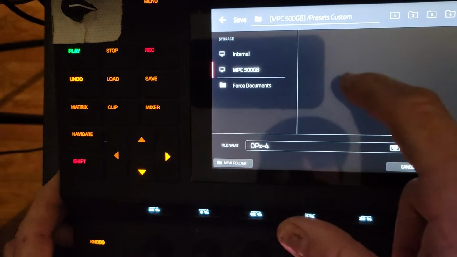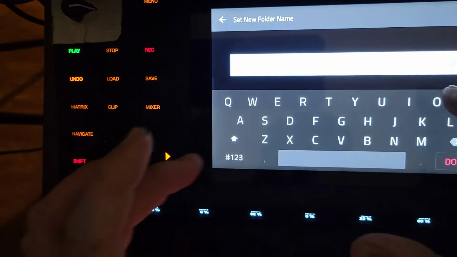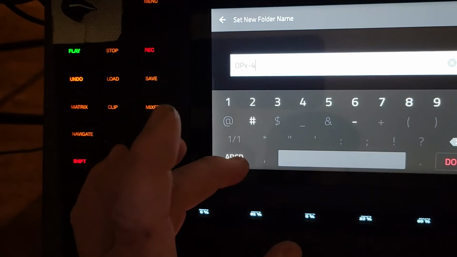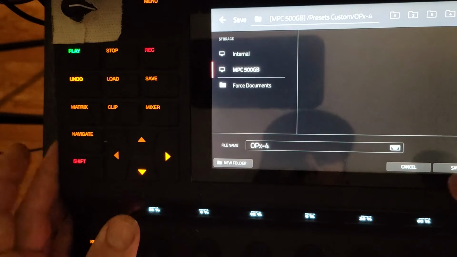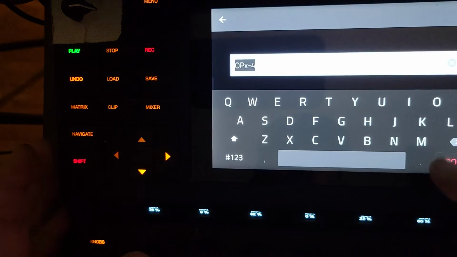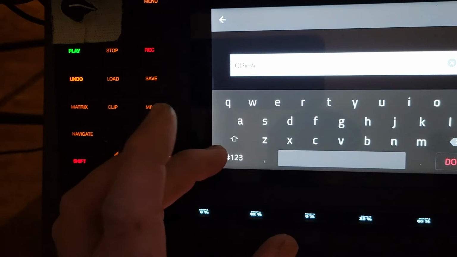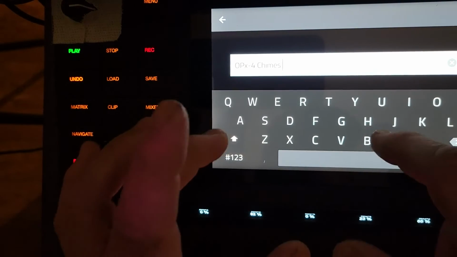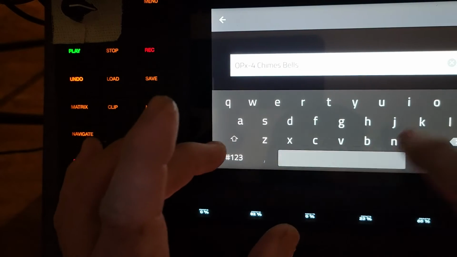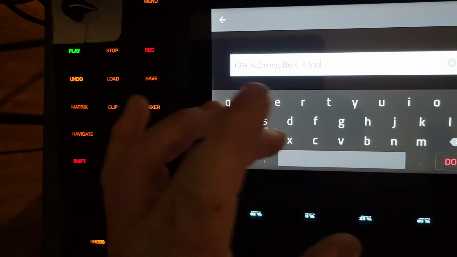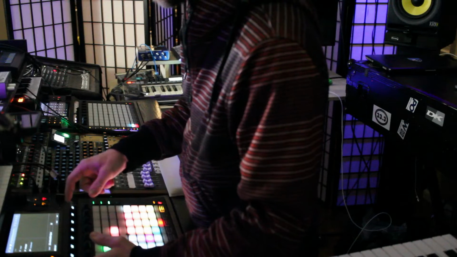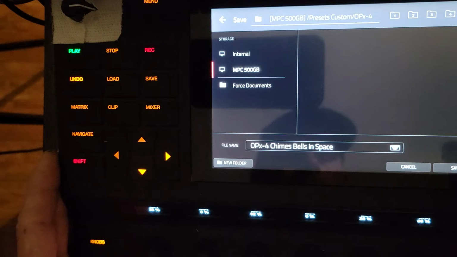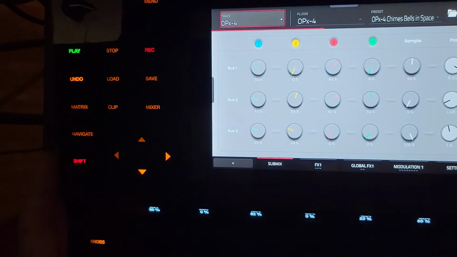Now, new folder and OPX-4 lowercase x dash 4. Do it for the folder and just leave that in as part of the lead in. I think it's chimes. We'll do short. Bells in space. And I think I'll probably do a save as for this track as bells in space. So we'll save that. Now I've already got this